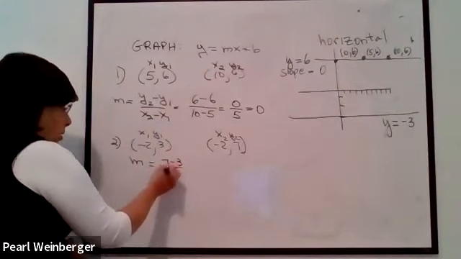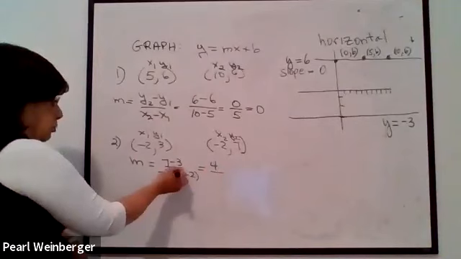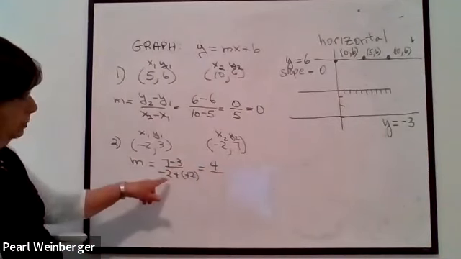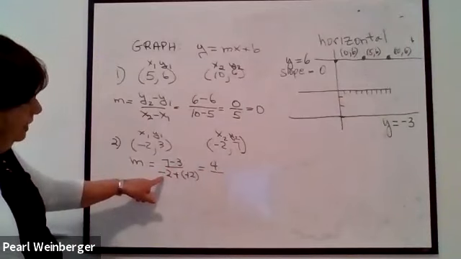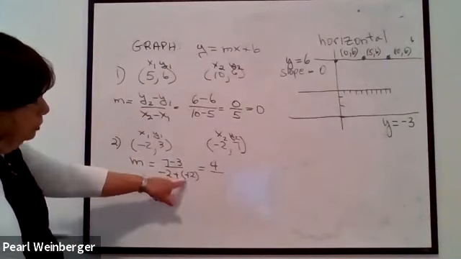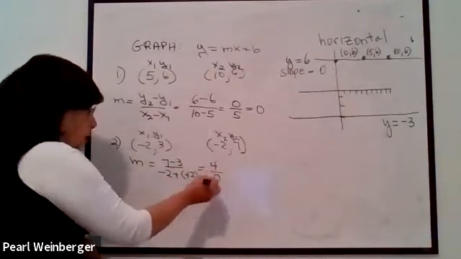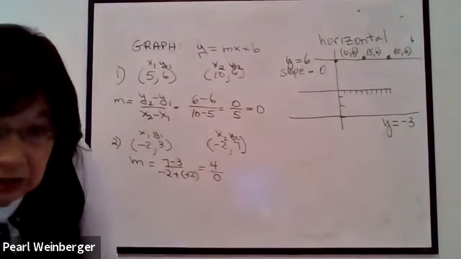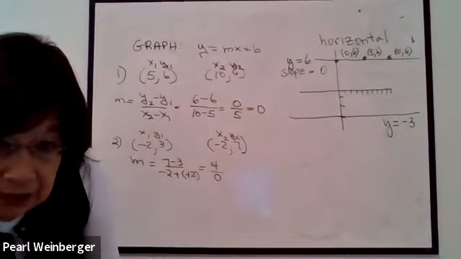And what happens here is I get 7 minus 3, which is 4. And on the bottom, again, I have that situation where I have this double negative, so that becomes a positive, and I get -2 plus 2, which is 0. And I get a number in which the denominator, the bottom of the equation,